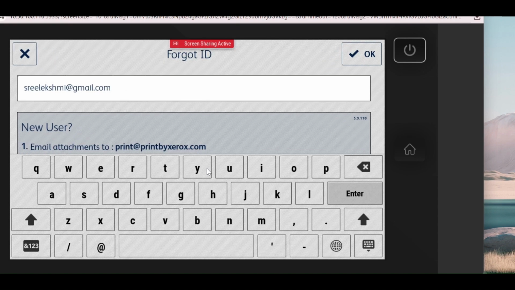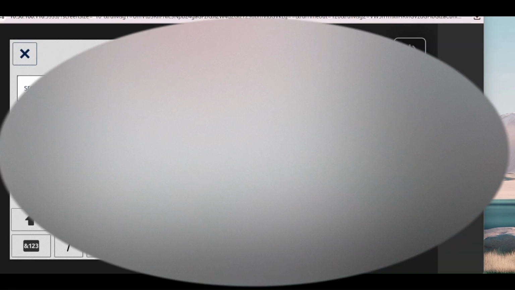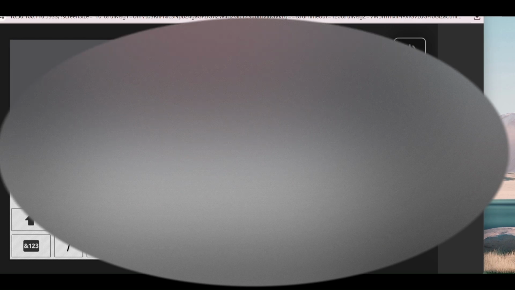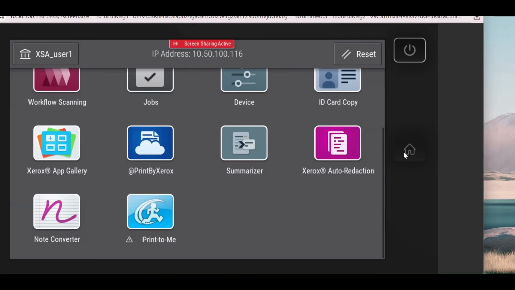Is not currently registered. So it's communicating outside the network. So it's communicating with Google. So once you have made sure that it's communicating fine,